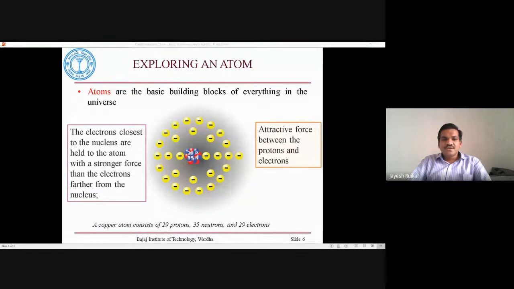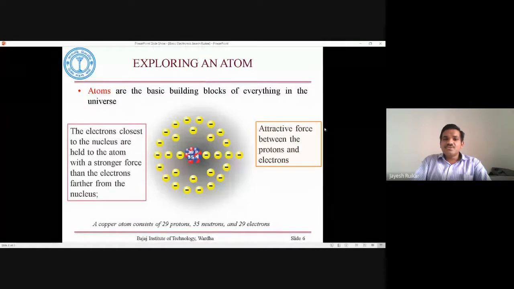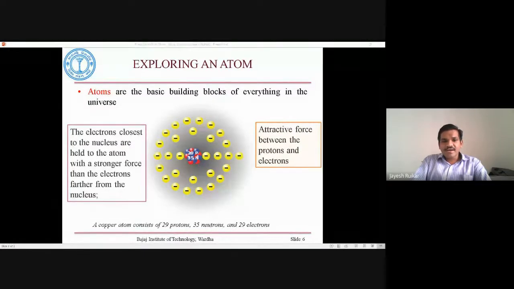Now the concept comes. I will explain to you about conductivity. So what is the concept? You can see that this loosely bound electron is there in the copper atom, and in abnormal conditions it can become free, or these electrons can jump from one atom to another atom. This is the concept.